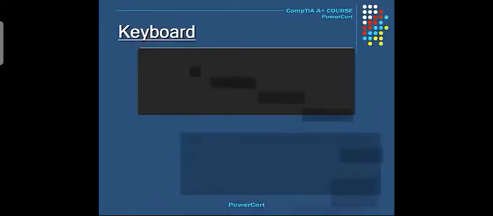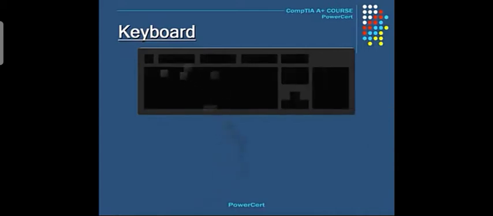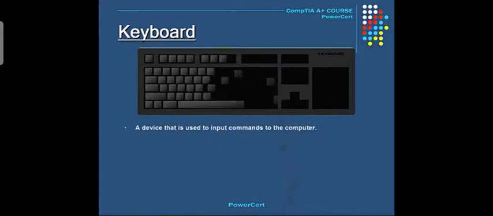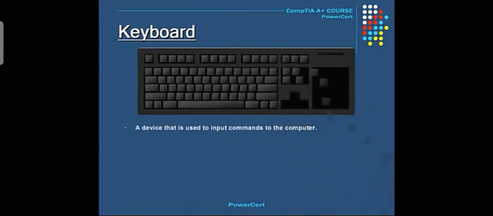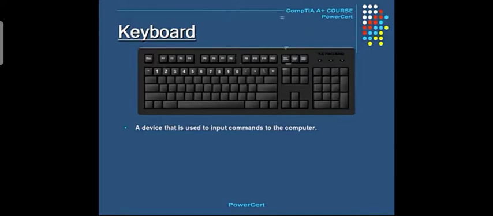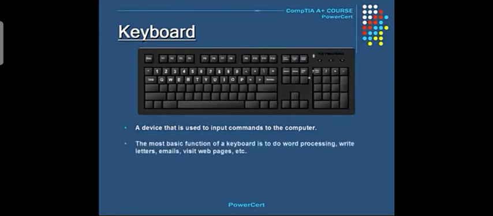One of the most basic input devices on a computer is a keyboard. A keyboard is a device that is used to input commands to the computer. It has keys that are made up of alphabets, numbers, and symbols that you can press with your fingers. The most basic function of a keyboard is to do things like word processing, write letters, emails, visit web pages,